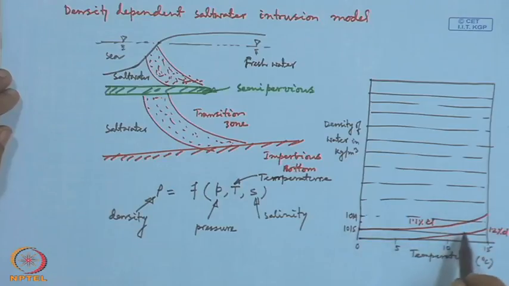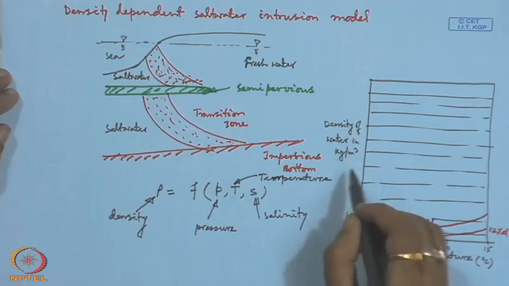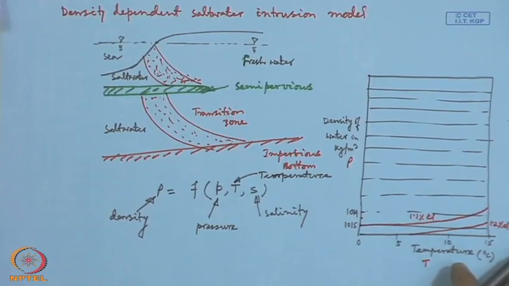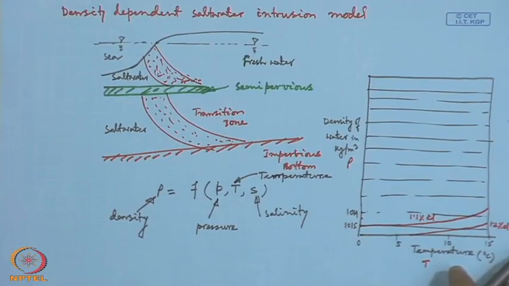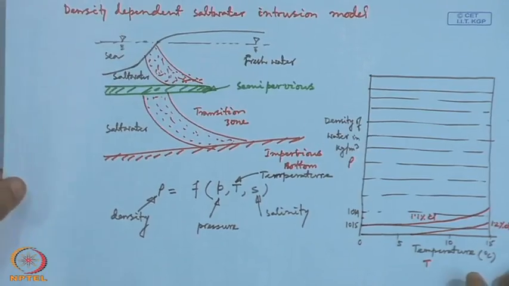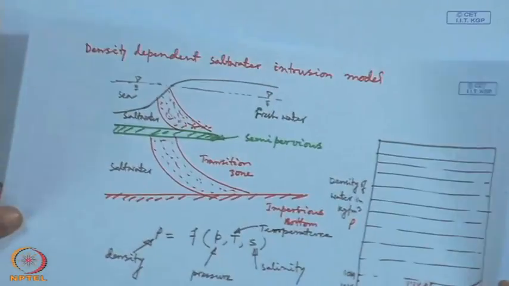So, we can see that there is a nonlinear relationship between density, temperature, and chloride, which signifies the salinity for salt water. So, depending on this chloride concentration,